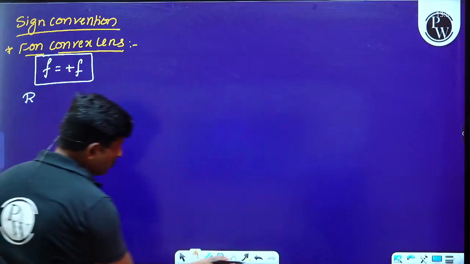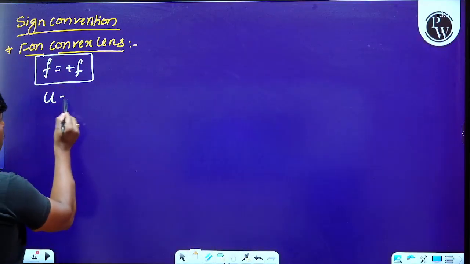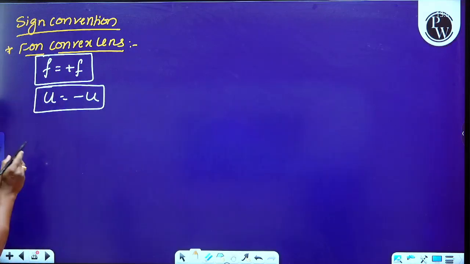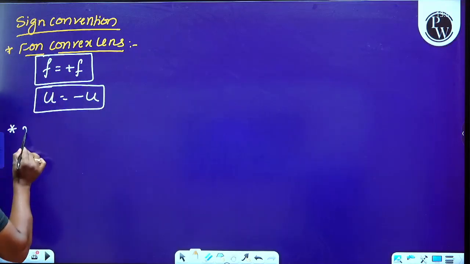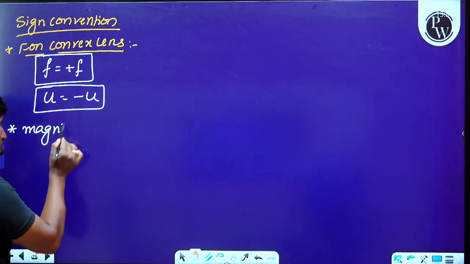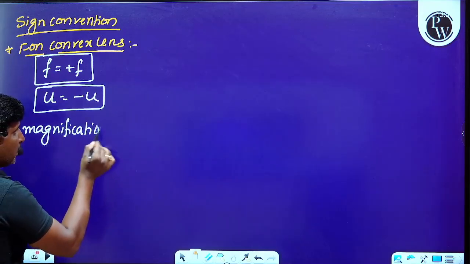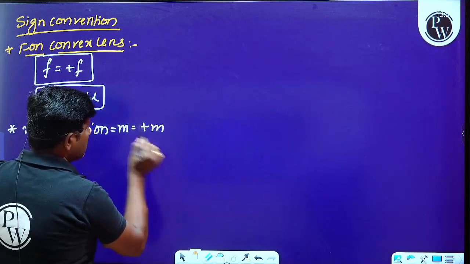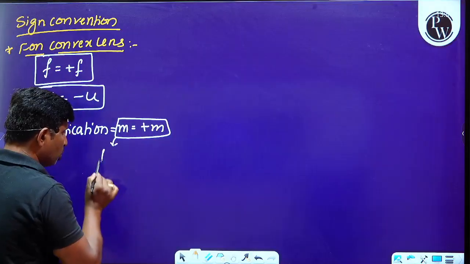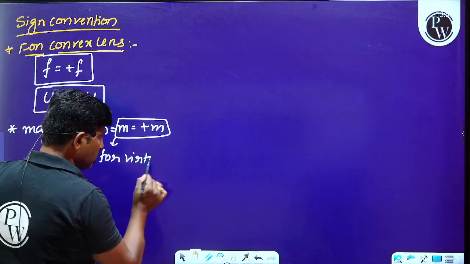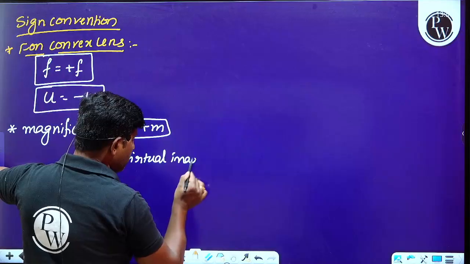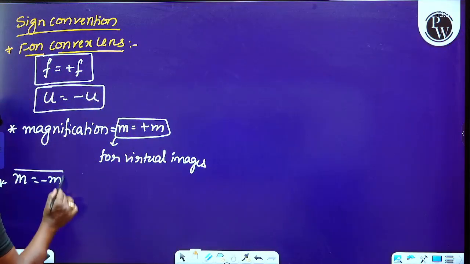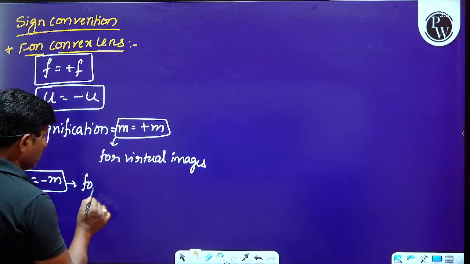And please look at the board carefully. Object distance is always negative, either for convex lens or for concave lens. Okay, later we can say what is the magnification formula. Magnification is m, and for convex lens it is plus m for virtual images, and m is minus m, that is negative, for real images,